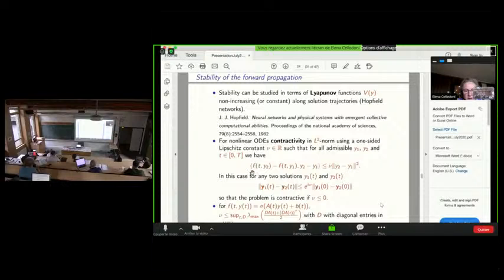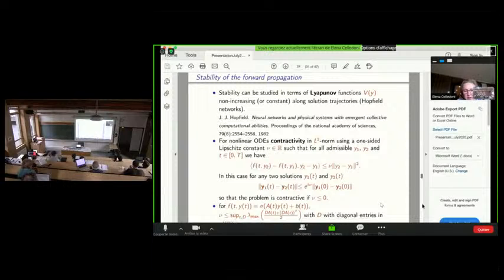So what we are assuming is that the vector field F is satisfying this property here. So in the L2 inner product, we have this inequality, and mu here can be negative. So we have a Gronwall-like inequality for the solution, but when mu is negative, this is really contracting the solution. So this is the case which is interesting to us.